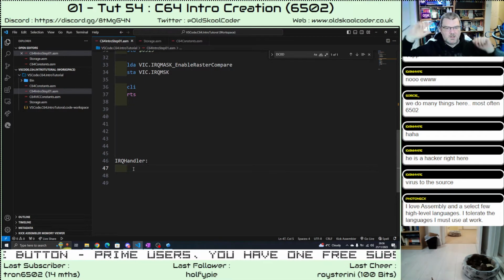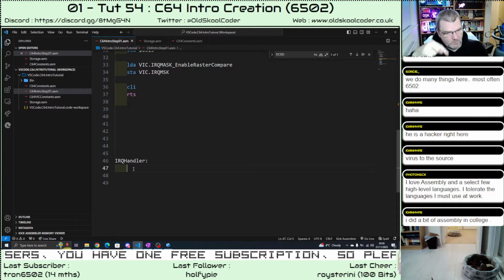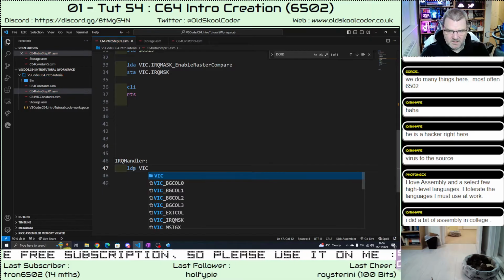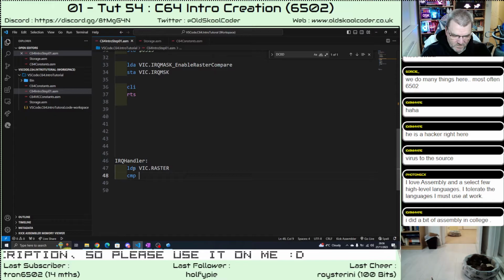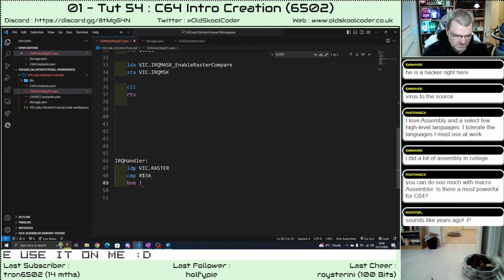So we need to test the raster to make sure we're in the right place. So if we do vic.raster and then compare it with what we've set it to, which is 3A, branch if not equal to maybe